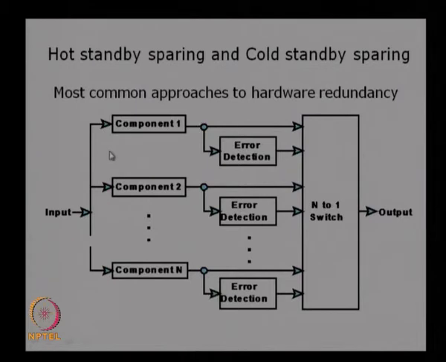This can be explained with again a very simple example where you have a generator to provide power supply and you have the external power supply coming from the normal supply lines. Whenever there is a power failure, we can start the generator and then give the power supply. The only problem here is that the generator will not be in an active mode, so whenever you need it, you have to start the generator and then get the power supply. Though the power supply can come within a short duration, that short duration is important because, since they are not in active mode, we need to take care of that delay and ensure that the system can tolerate it without having major problems in functioning.